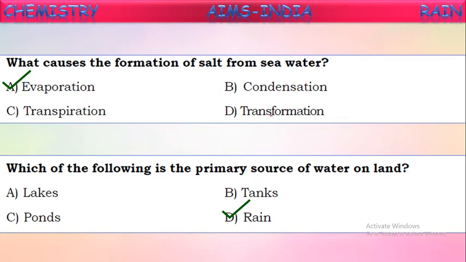When rain occurs, the dams, rivers and lakes all will be filled with water and it is utilized. Again, after use, the wastewater will reach the rivers and oceans again. That water starts converting into vapor, and because of the water cycle, rain comes again. This way, rain is the main reason for continuously getting water on the land.